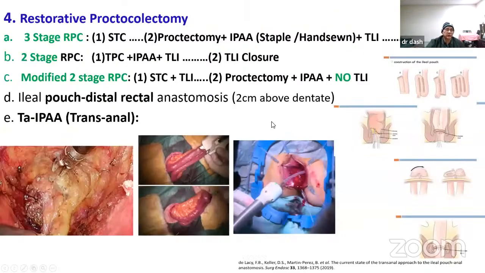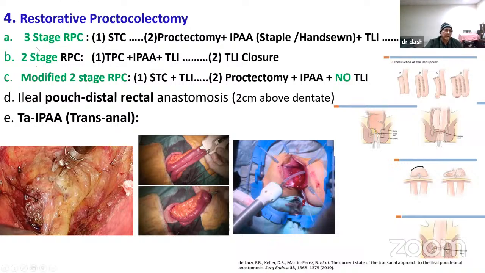Now, that brings us to the most commonly practiced and popular choice scientifically also, the restorative proctocolectomy. The name restorative proctocolectomy, actually, I couldn't find exactly why it is called that, anyone defining that one, but what I gathered is it restores the continuity of the bowel, and it restores the sphincteric function. So it is done in three